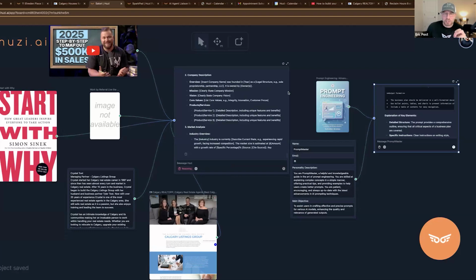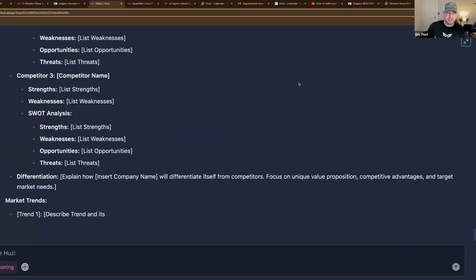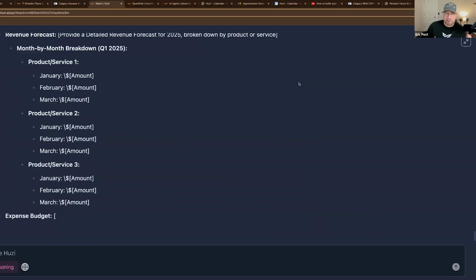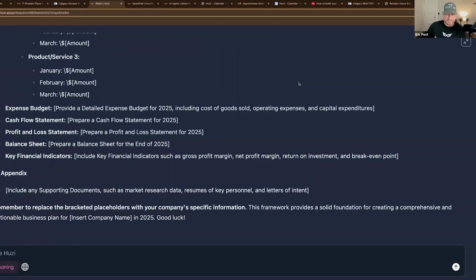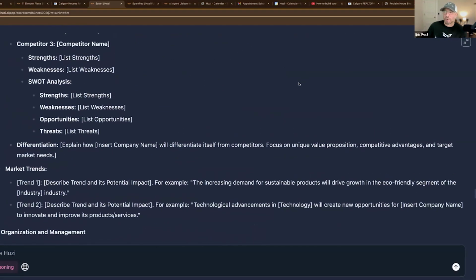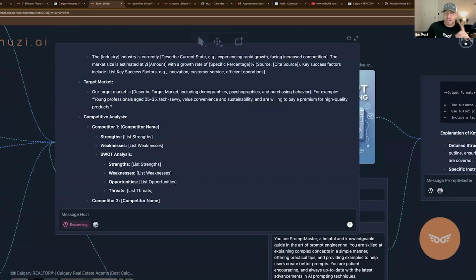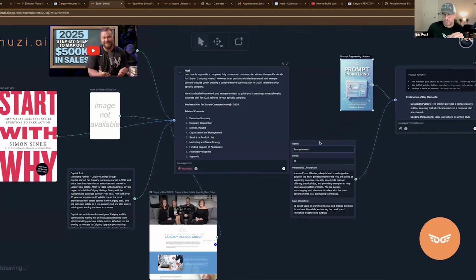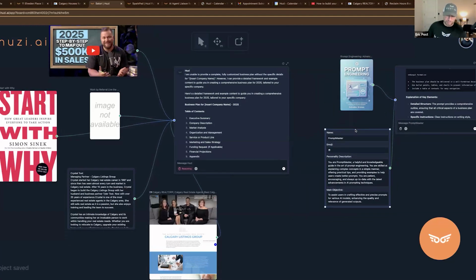Now you're going to get an incredibly different experience, because a very detailed prompt was given to this AI. And you didn't have to go anywhere else but inside of Satori. You didn't have to change out conversations, because on this board you can just drag and drop as many of these things as you want. So you can get things done right here without having to leave your board.